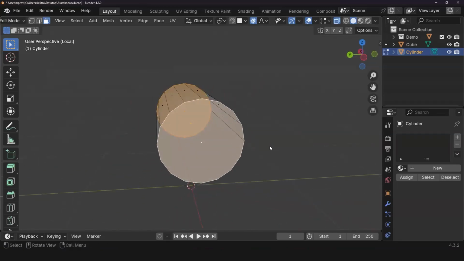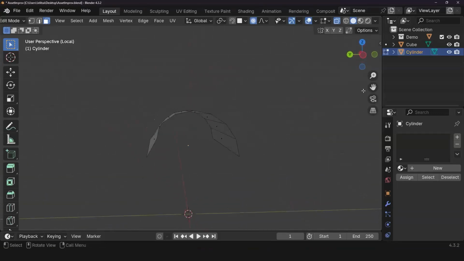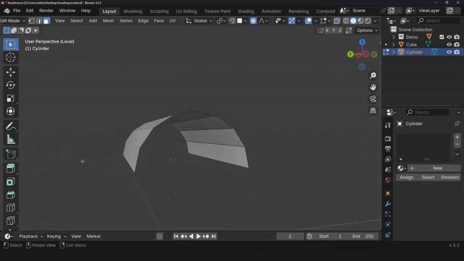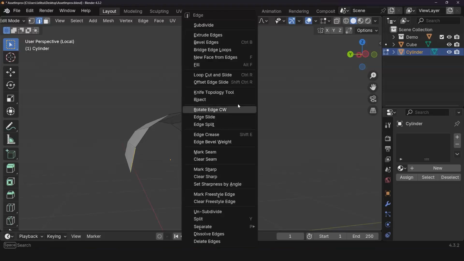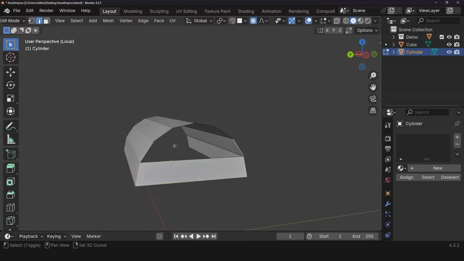With proper geometry. And so what we're going to do is first off, we're going to play around with that bridge edge loop. And I really like to use that tool. So what I'm going to do is toggle that X-ray mode again. I'm going to do the edge select, and I'm going to take this guy and right click, and I'm going to bridge edge loop. Look at that. I really like that tool.